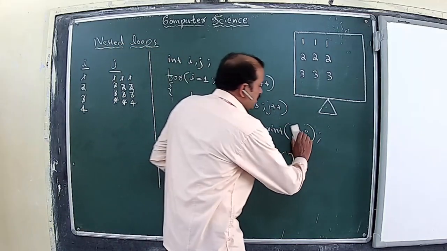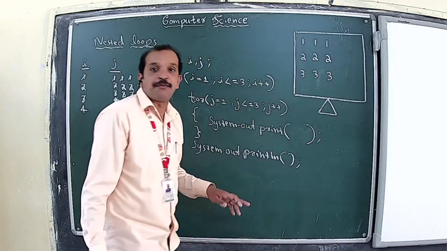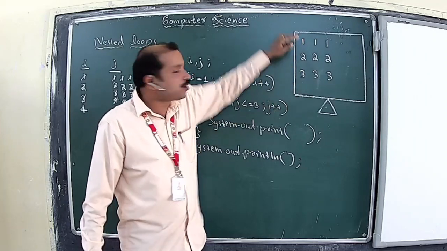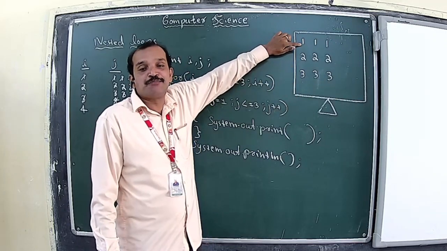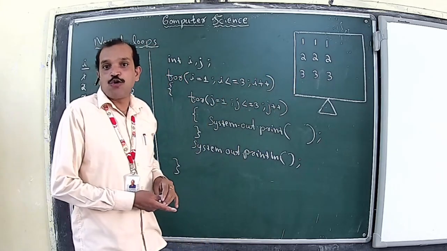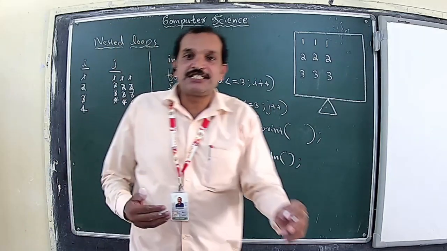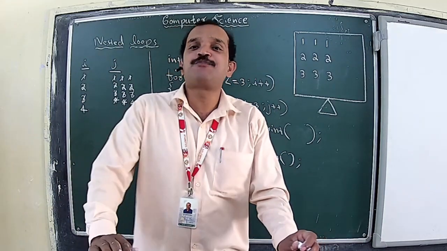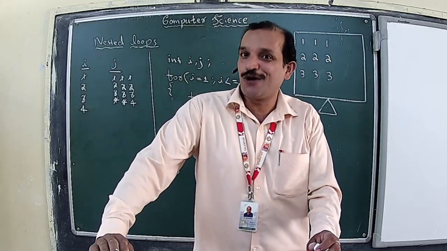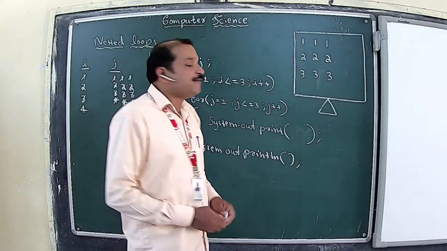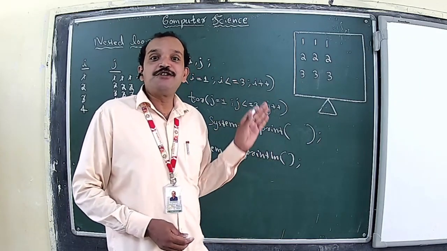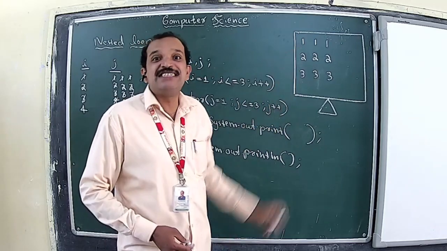But the only change that will be required will be in the print statement, where instead of printing a star, we have to print the row value. As you have seen, it is the row value that is printed here. The row numbers are being printed here. That is the first row, second row, and third row. And as we have already learned, the outer loop is responsible for the rows, whereas the inner loop is responsible for the column. Therefore, if you wanted to print the row value, definitely the loop control variable for the outer loop must be printed to produce this output.